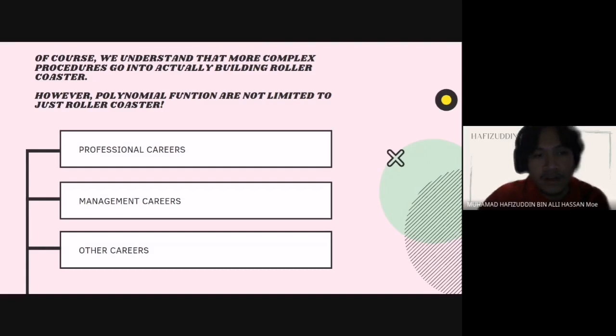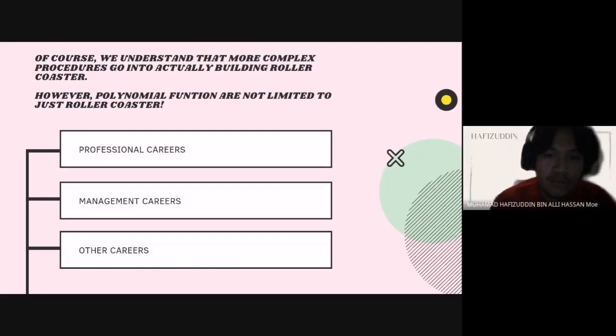So, the next example is management careers. For these careers, management occupations often use algebraic polynomials in solving their organizational problems. Management positions include computer and information system managers, engineering and natural science managers, along with farmers, ranchers, and agricultural managers. Even funeral directors, industrial production managers, medical and health service managers, and property, real estate and community association managers all use math in their daily work.